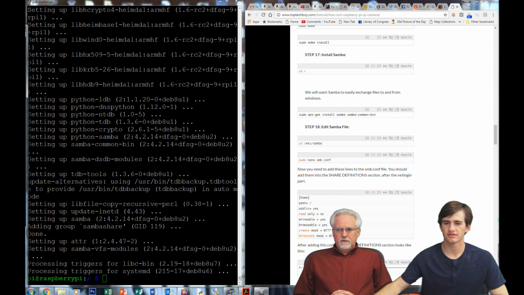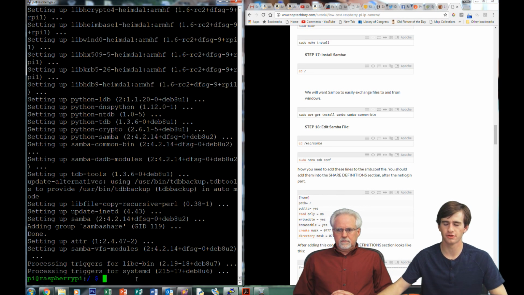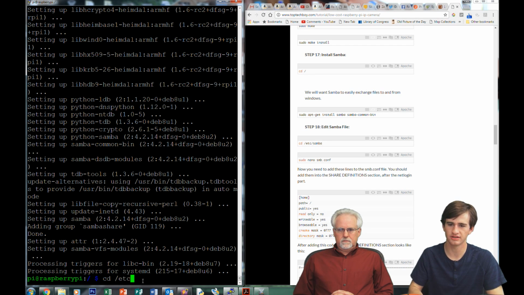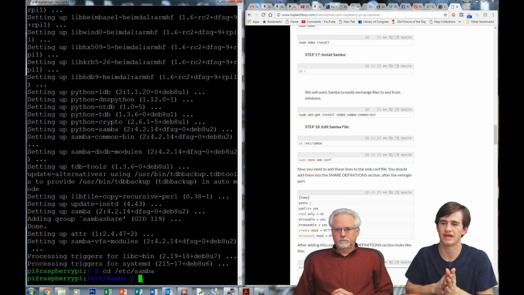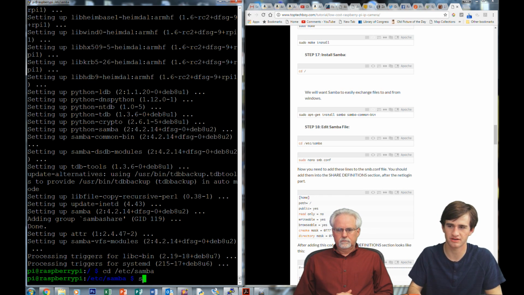So we want to go ahead and move into the Samba folder to edit a value. So just cd /etc/samba. Okay. And that is not how you spell Samba. Spelling is very important. Yes, it is. Okay, now we want to go ahead and edit the smb.conf file. So I'm just going to type that: sudo nano